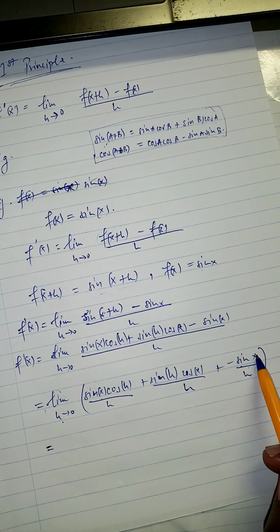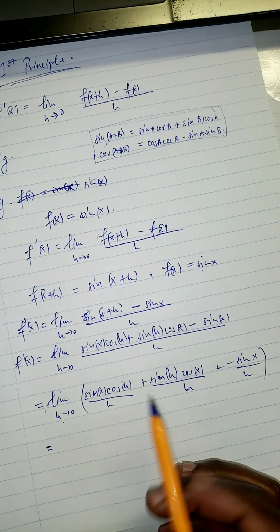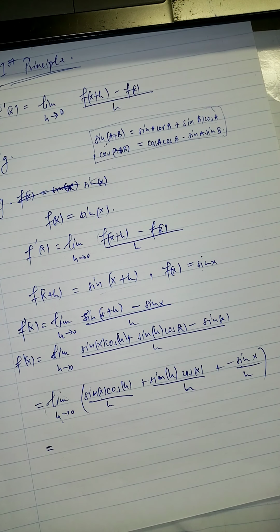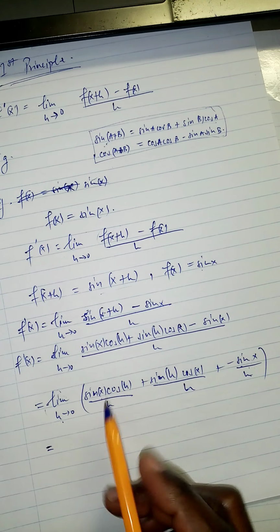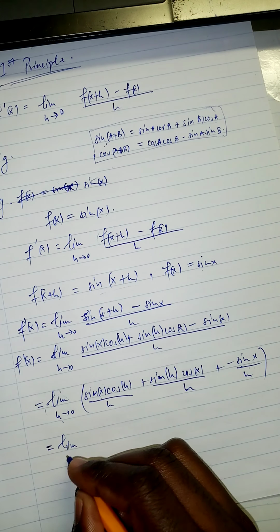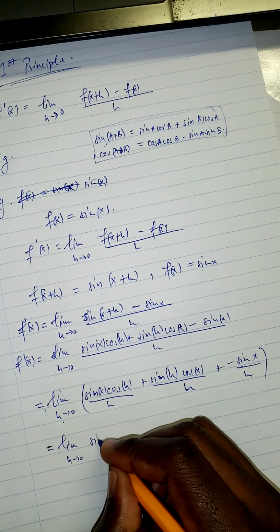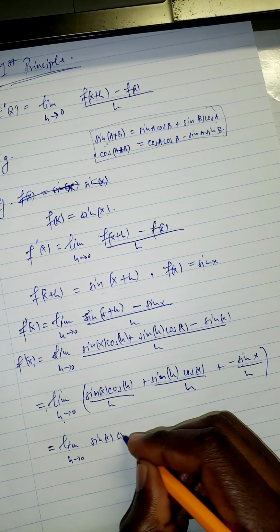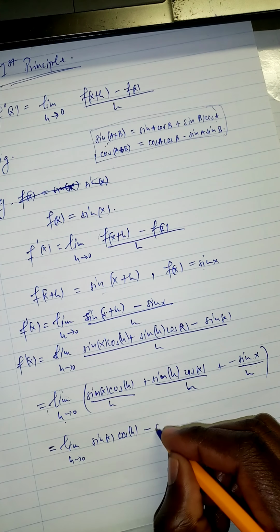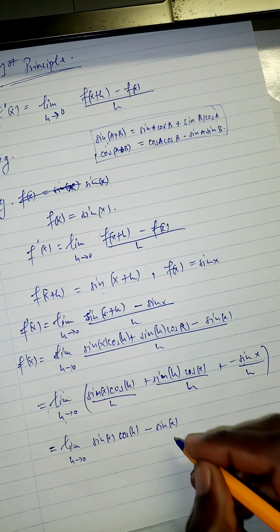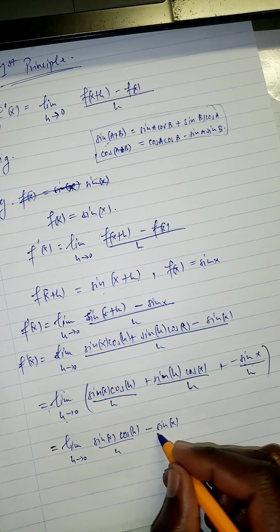Here we need to do something about it, because we don't have an x beneath, and here it is not h, so we need to see what to do with it. And here we have cos. Remember, cos x minus 1, everything over x. So we should have something of that sort. Therefore we have to take this and combine it with this one. So we're going to have the limit as h goes to 0 of sine x cos h minus sine x, everything over h here,